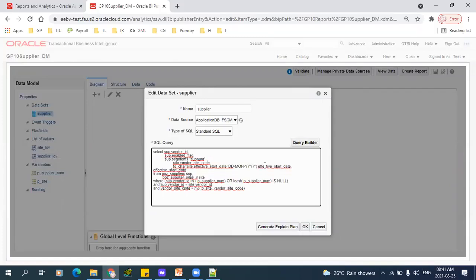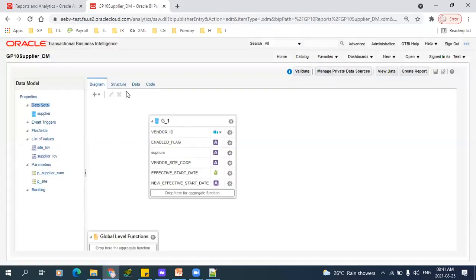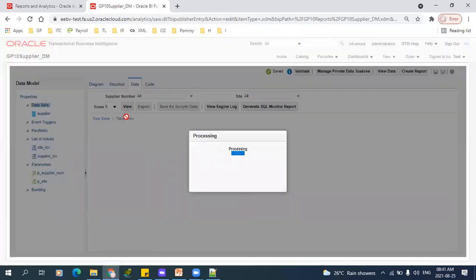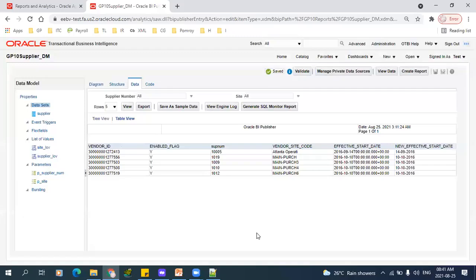To start date, and I'm trying to add the same column. Something new, effective start date and effective start date. Just click on OK. Now if you see here, this is effective start date is the actual column, and this new effective start date